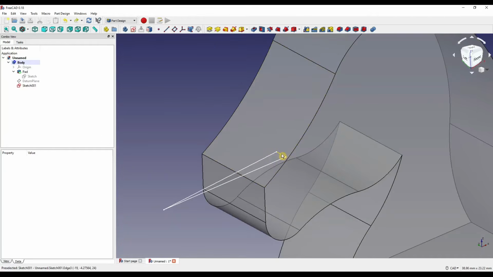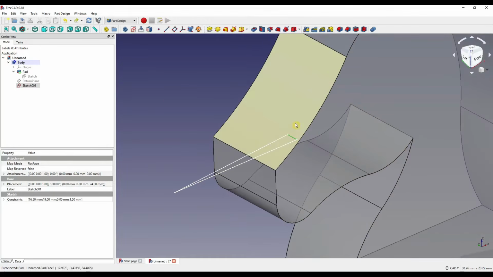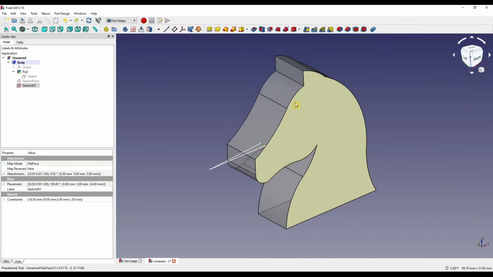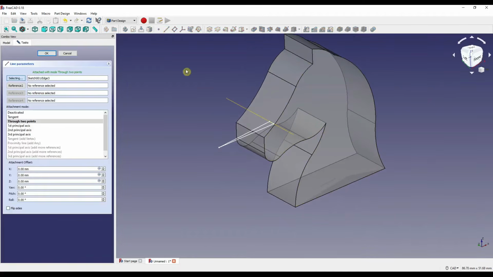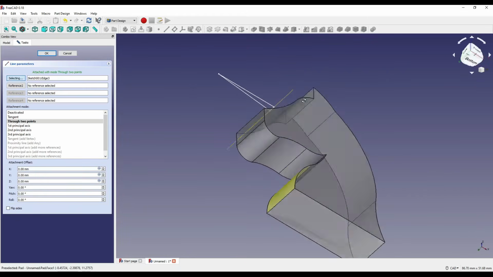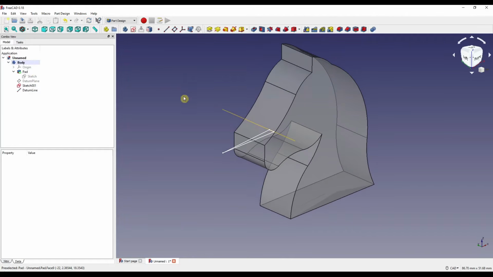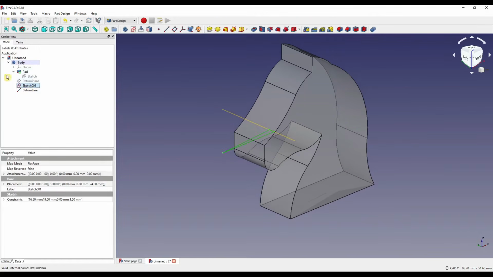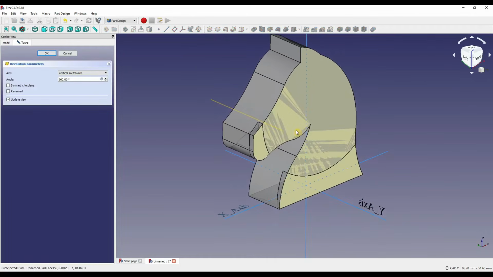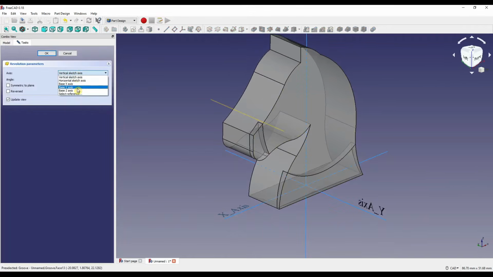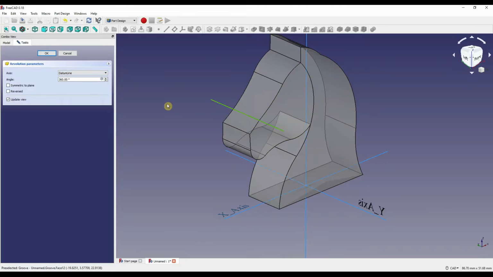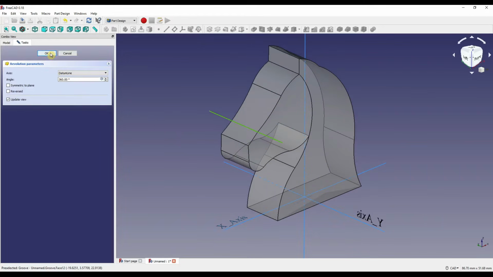I'm then going to click on this line of our sketch, which is closest to the horse, and click on our datum line, which will then create a line going through that point. I'm going to say OK, and then I'm going to highlight our sketch in our model tree, and click on the groove tool. I'm then going to, on the drop down, select reference, and click our datum line, which should be visible there. I'm then going to say OK,